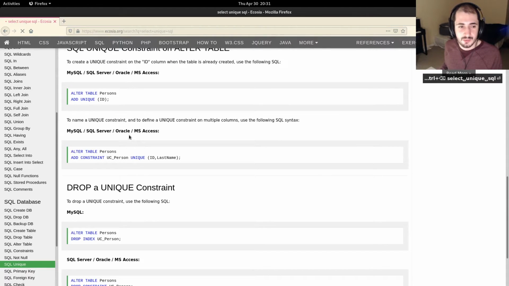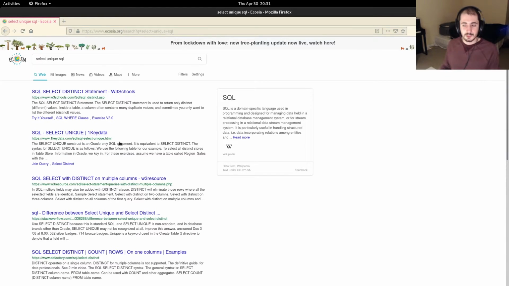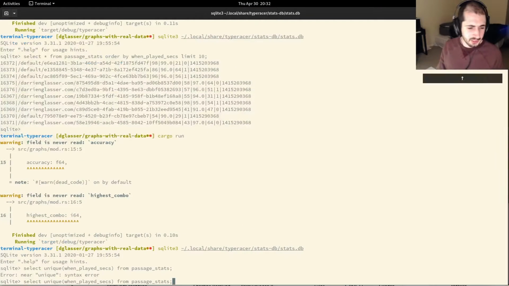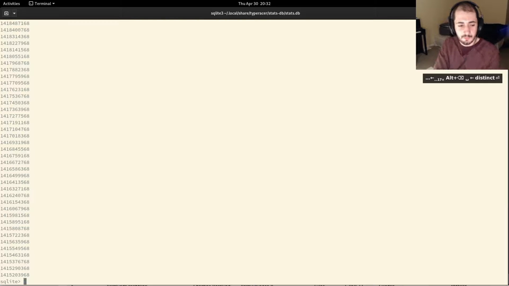Let's try this. Just has no idea. Select distinct. Okay. Yeah, that was totally unique. Wait, why were they? Well, SQL's got some weird stuff like this where it uses unique elsewhere, but it decides it's distinct here. Yeah, so we got